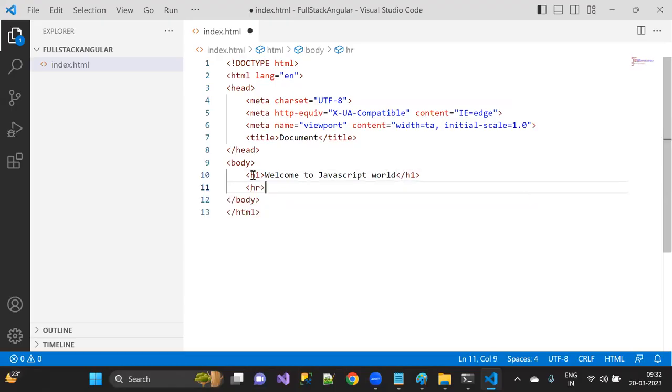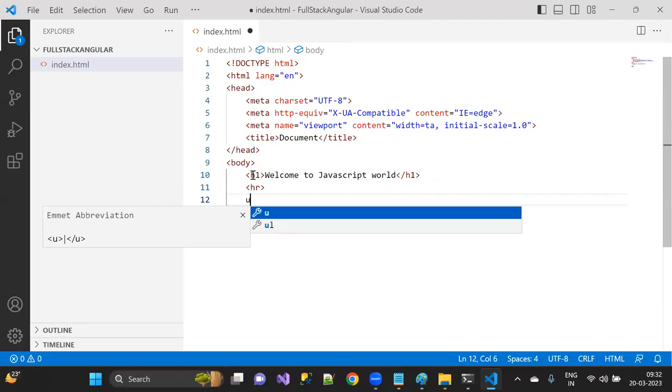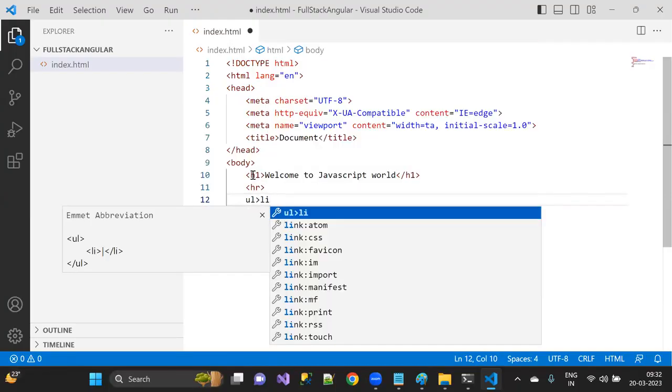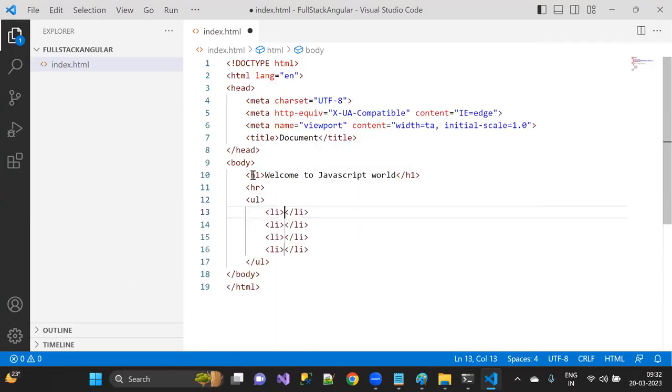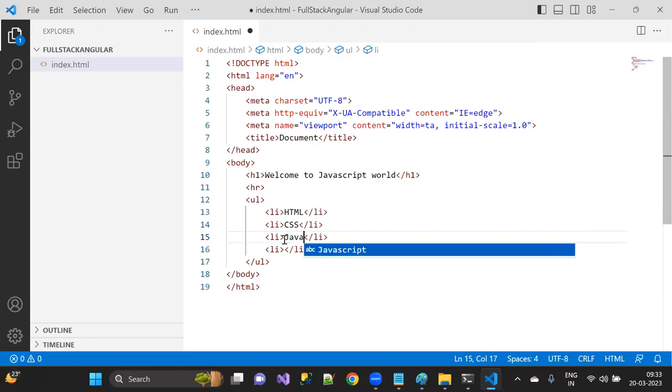And after that, I'll go with some HR tag. And at the same time, maybe I can take an unordered list or ordered list, which contains LI. Around I want to create, let's say, 4. And here I can say something like HTML. And after that, here I'm having CSS. And I just want to have JavaScript. And I can have jQuery or whatever, simply.